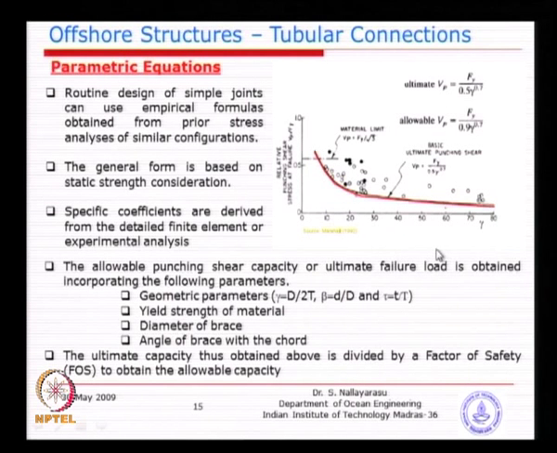So both tests you can carry out, and basically in this diagram, the horizontal axis is gamma. Gamma is the ratio of d by t of the chord, a very important parameter. The two cylinders you make are going to fail definitely, and the vertical axis is the relative punching shear stress at which the failure occurs. Quite a lot of experiments were done as usual, and you can see they have drawn a line just at the bottom of all the experiments, described by this curve. Basically you can write an equation using regression analysis and find out what the equation will be for future use.